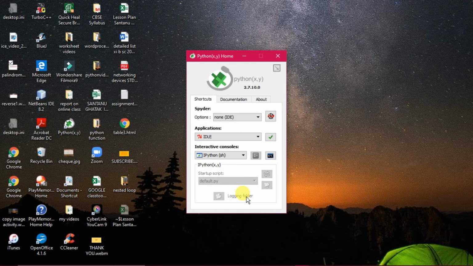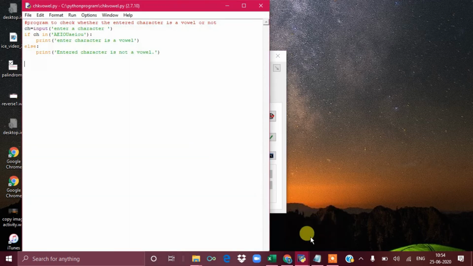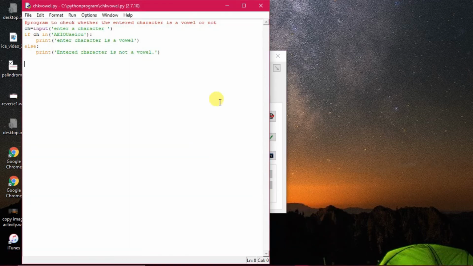So after the palindrome and reverse number program, we are going to a little bit of a program, that is an if program. Why is it important? Such a small program, if you read the content, you will understand why it is so important. Here, this program is checking whether you are entering a character which is a vowel or not. Simple if statement, but here it is important, that is the in operator.